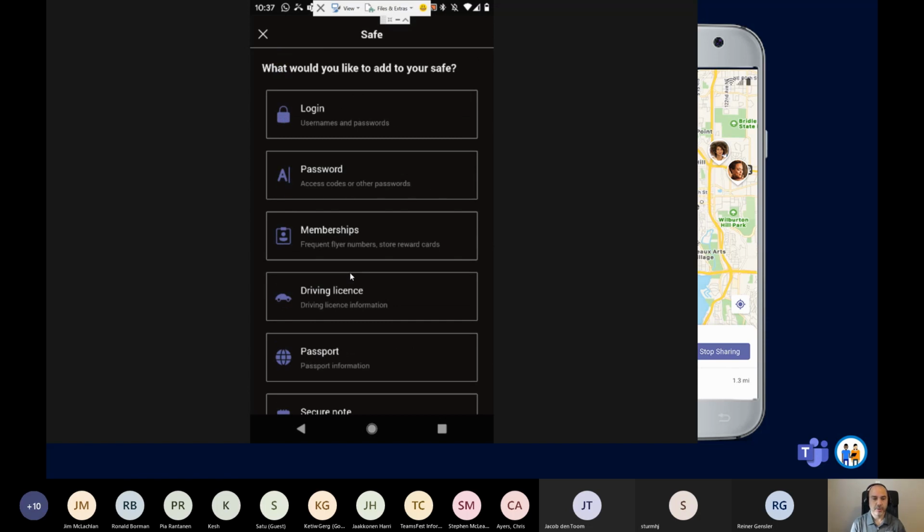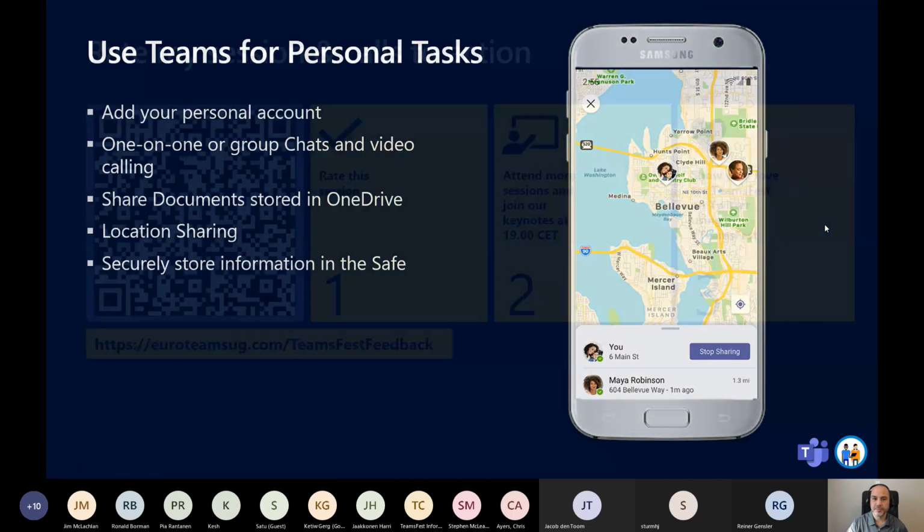So that was a very quick overview, and I wish I would have had more time to talk about some of those key features, and again, focusing more on the frontline workers for the Teams mobile app. So I'm going to turn it over to questions now.